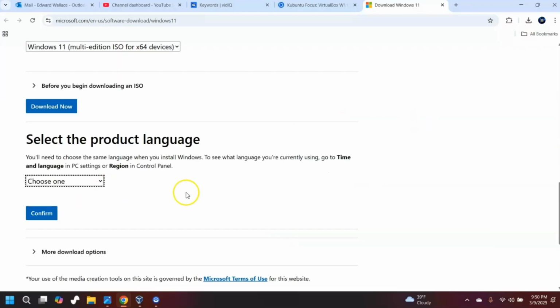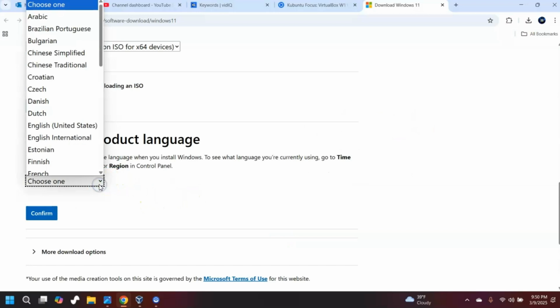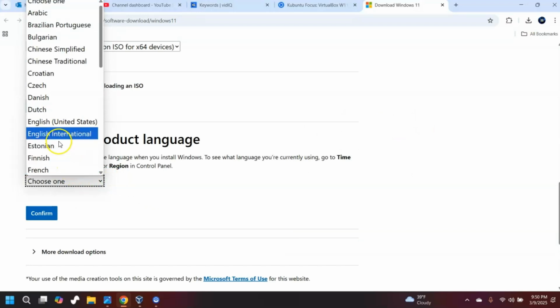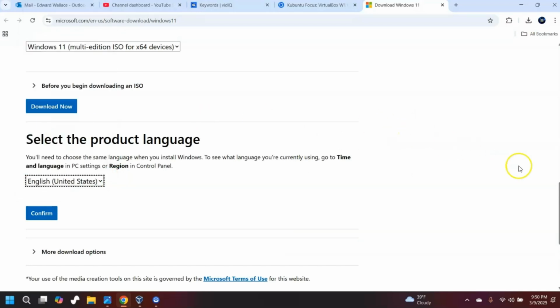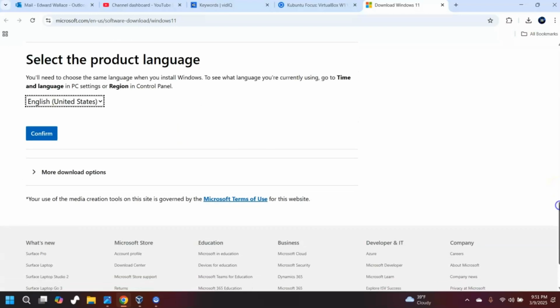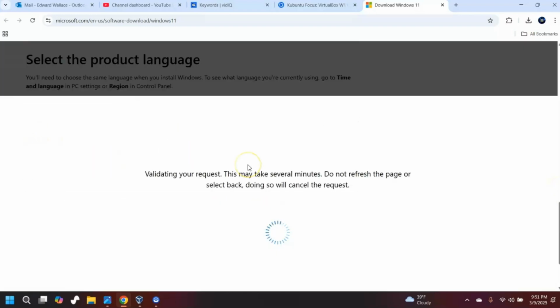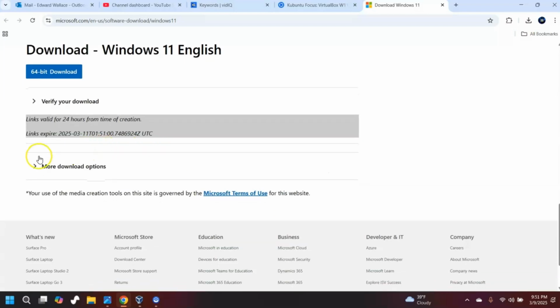Now you're going to get another pop-up which is going to ask you to select your language, and I'm just going to select English United States. You can select any language that you want, and then we're going to hit confirm, and then you're going to go ahead and click the 64 download. And then once it's done downloading, I've already downloaded it, so I'm going to go right ahead to showing you